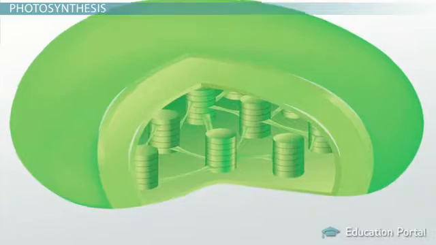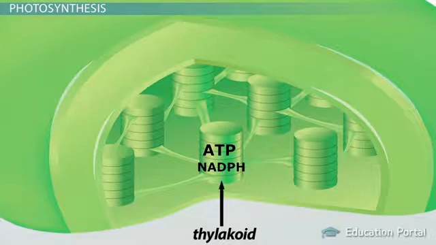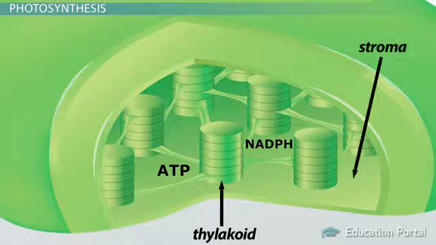The light reactions produce ATP and NADPH in the thylakoids of chloroplasts. These products are released into the stroma of the chloroplast. Here, the Calvin cycle can take off using carbon dioxide from the air to create sugars. This is the synthesis part of photosynthesis, where the plants will finish cooking up some food with the help of